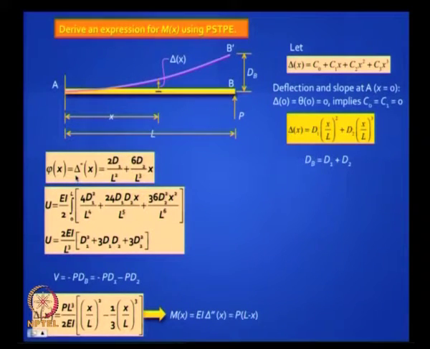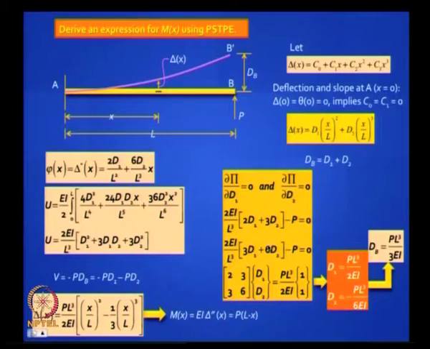You have the second derivative which is assumed to be equal to the curvature, and from curvature you can get strain energy, and when you integrate this, I am going fast over this, you get that expression. Now you look at total potential energy, which is V equal to minus P delta B. You substitute delta B as d1 plus d2, and in the next step you can